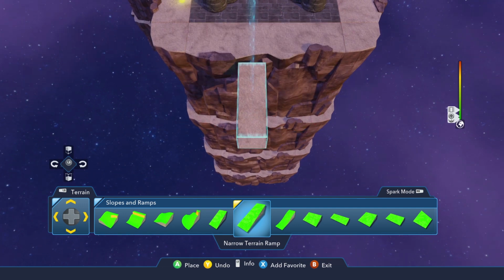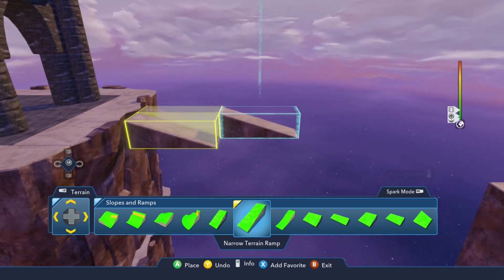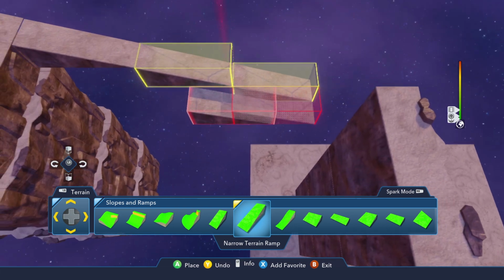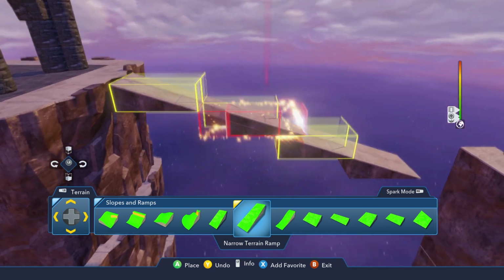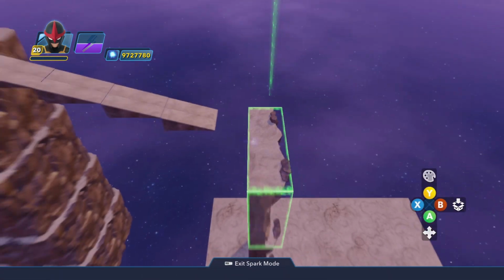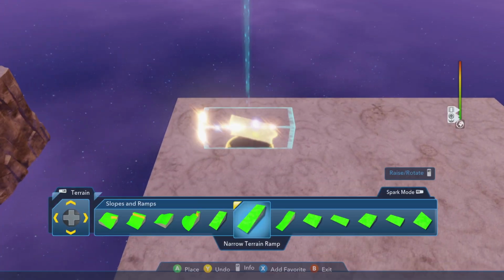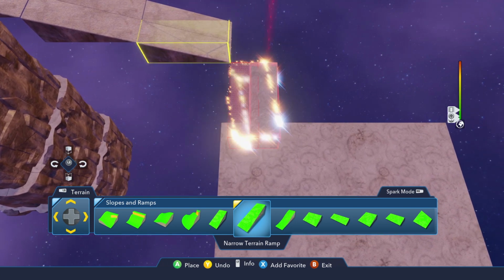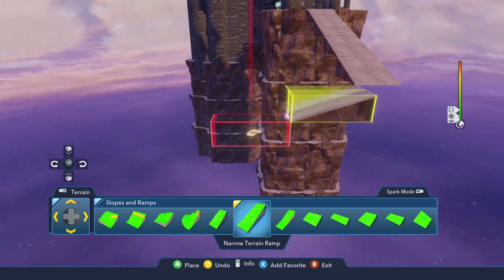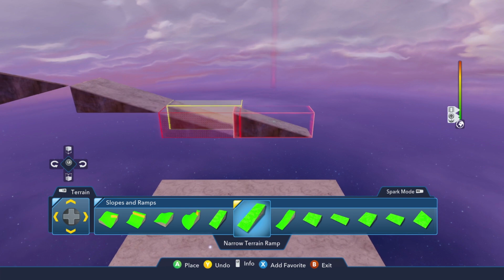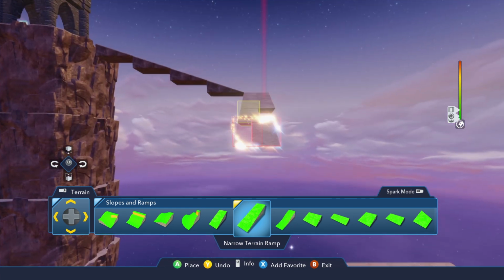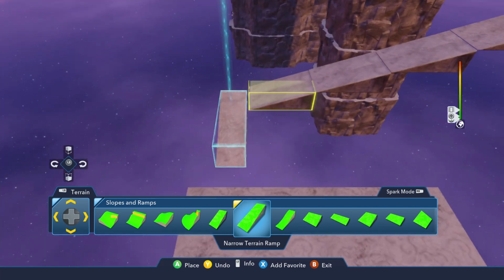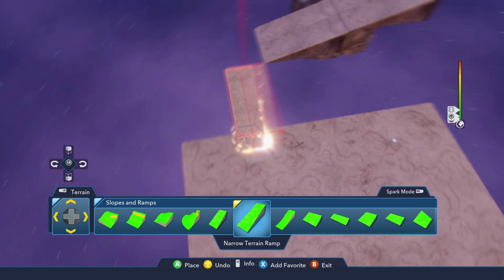So you want to take 2 ramps, and make sure they are the narrow terrain ramp, so they're the long ones, all right? You're going to go down 4, and they're going to be doubled. Each one's going to get 4 until you get to the last one, which is going to be super long. And all that's going to do is match where the base is. I didn't count them, but I figured it'd be just as easy to find where the base is, and that would be where the bottom is. So I did all the trial and errors for you, so all you got to do is just keep going down. Now make sure you just go left, down,